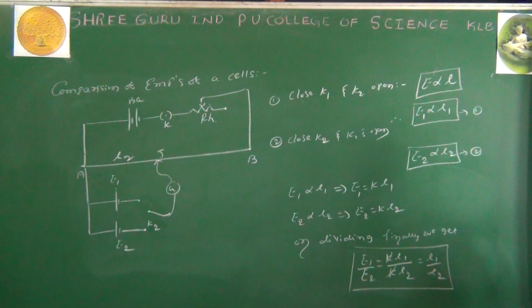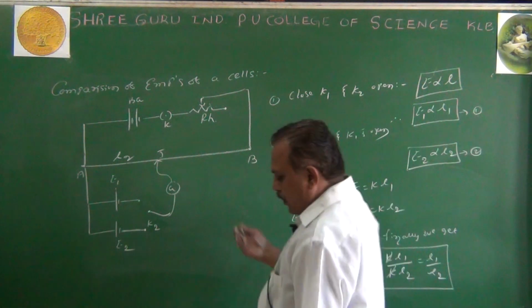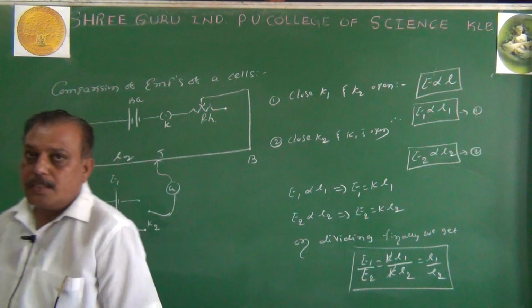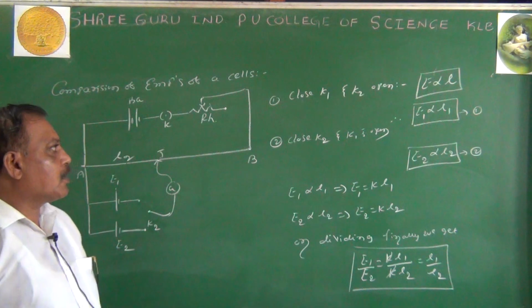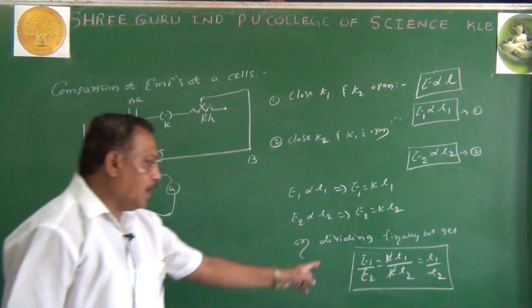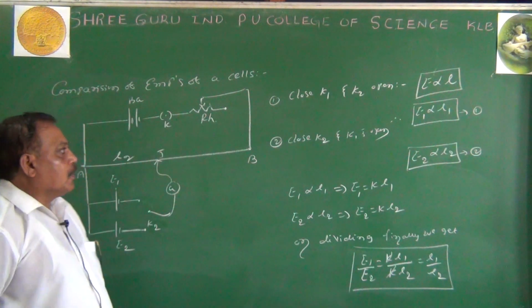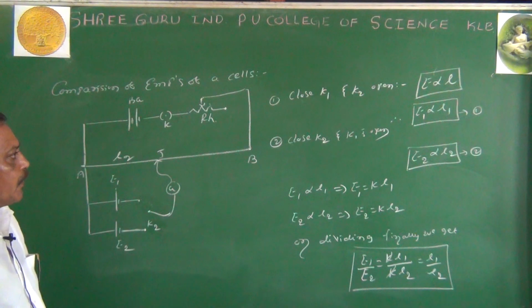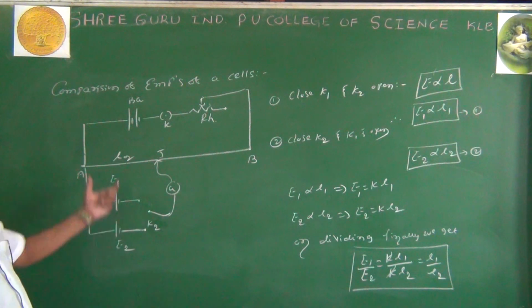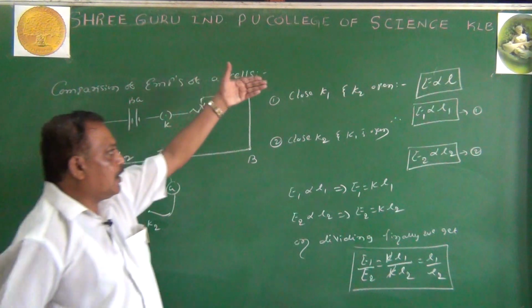The same thing we are going to do in the laboratory. Now this is our theoretical section. On these equations we have worked certain problems dealing with the potentiometer. These are the basic things for the potentiometer, or the comparison of EMFs. Is it clear? Just glance at the equations. The figure is in front of you. What is to be done with the figure will be explained clearly here.